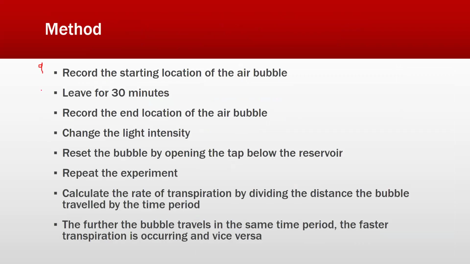Record the starting location of the air bubble. Leave it for 30 minutes. Record the end location of the air bubble. Change the light intensity. Reset the bubble by opening the tap below for the reservoir. Repeat the experiment and calculate the rate of transpiration by dividing the distance the bubble traveled by the time period